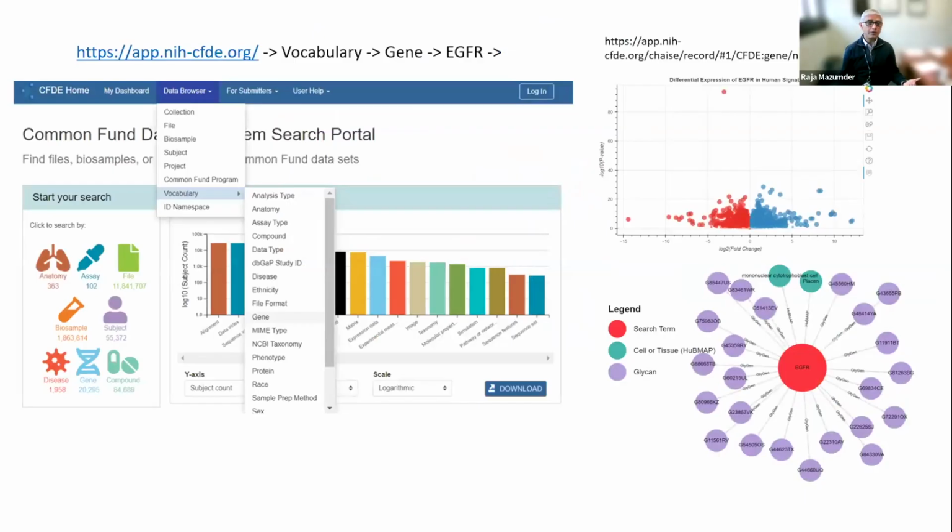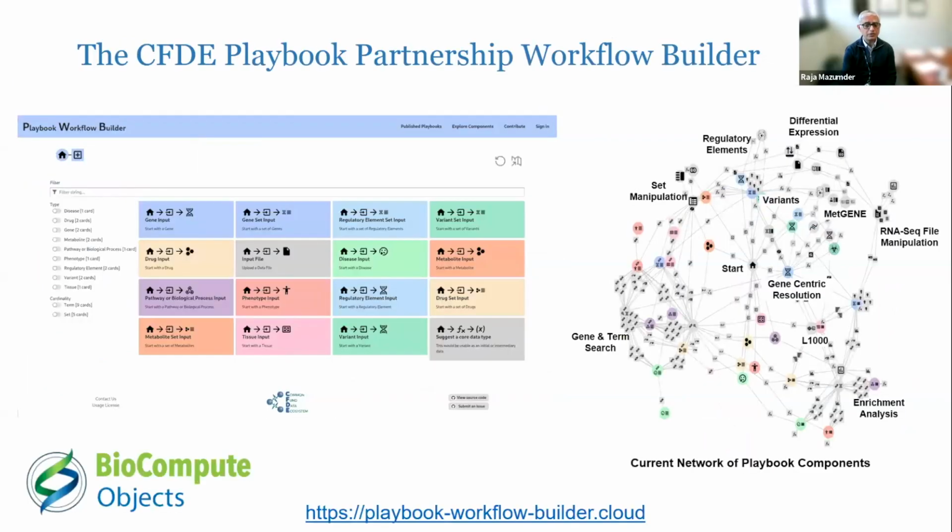So for example, this is a quick demo of, if I go to the web page for Common Fund, go to vocabulary, go to gene, click on gene, I can type in EGFR, and here I can see differential expression of EGFR in human signatures. I can also see EGFR is connected to which glycan. I can also do other types of analysis from other resources, which again is allowing a user to find more information about the gene or the protein of their interest, to identify maybe some trends or some interesting items, which will allow them to better understand the